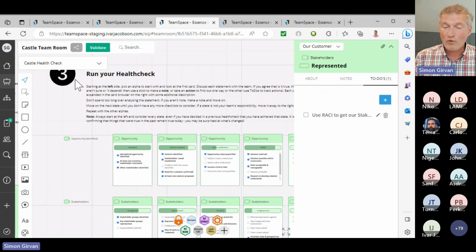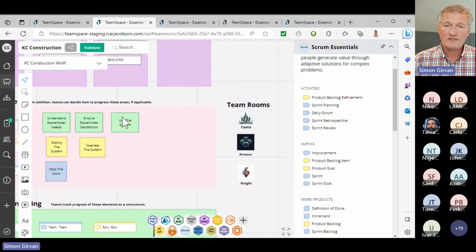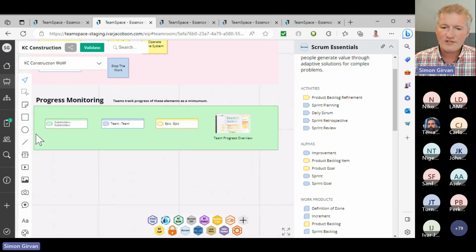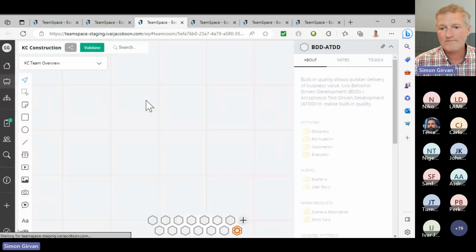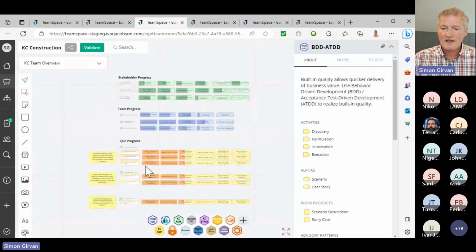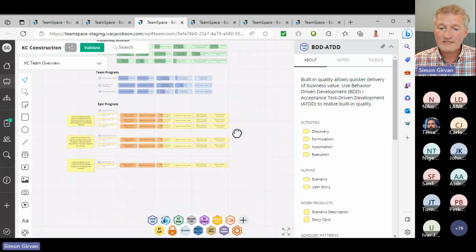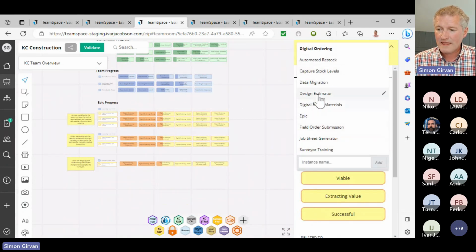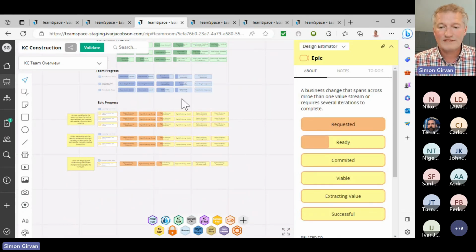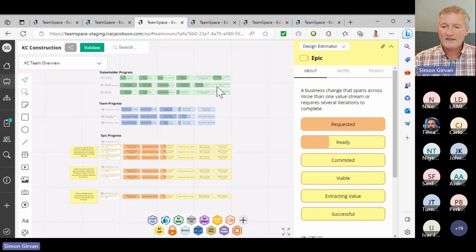We talked about this team being part of a wider organization, so let's look at how we can deal with teams of teams. If we come back to this progress monitoring, we said that the organization cares about how we're doing with our stakeholders, our teams, and our epics. We've got a means of tracking that in one place, with the same idea of states. So these are now instances of epics. An epic has several states, and I can have multiple instances potentially with different states, so we can see at a glance the